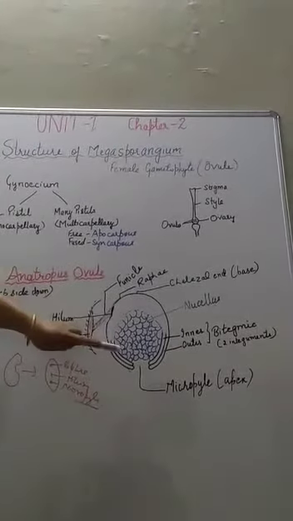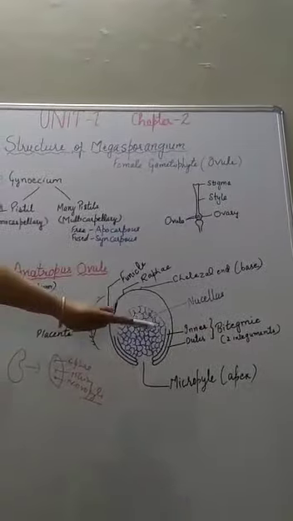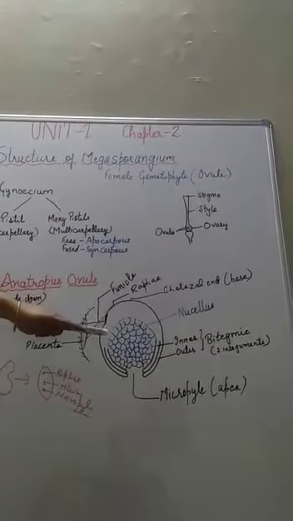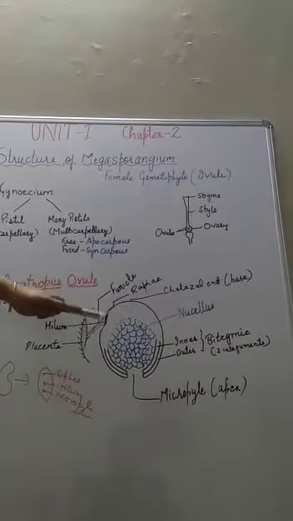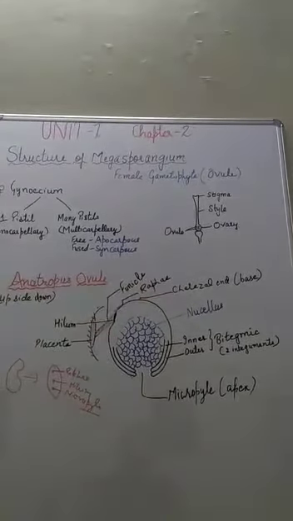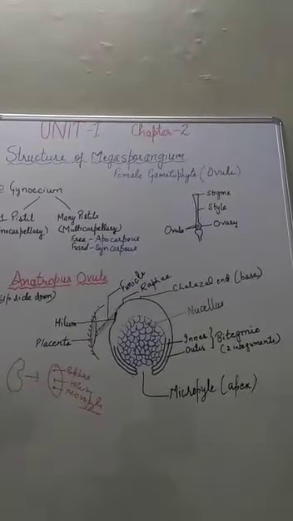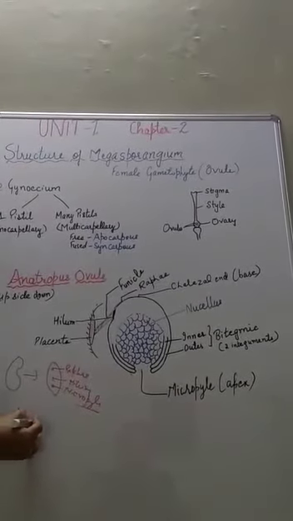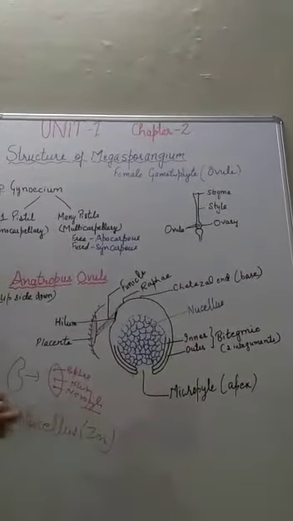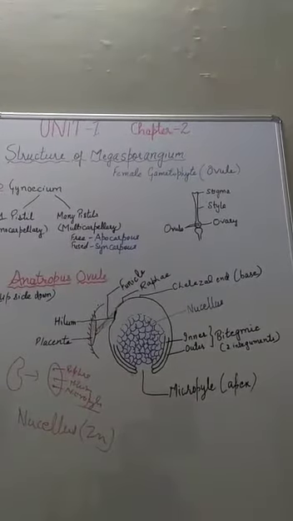Inside these tegmen or integuments or the protective layers is present a mass of cells. So this mass of cells is called nucellus, and these nucellus cells are 2N. 2N means these cells are diploid, and the outer